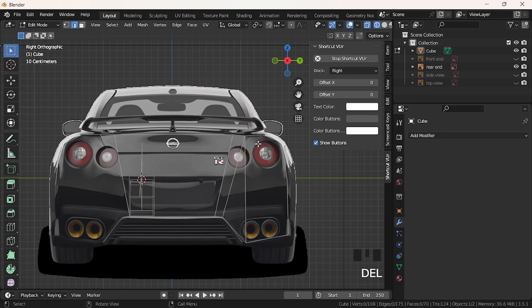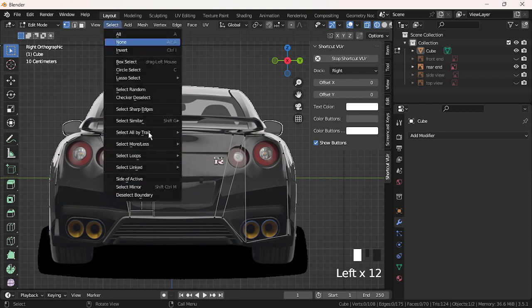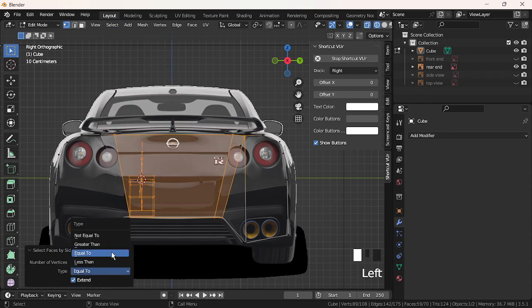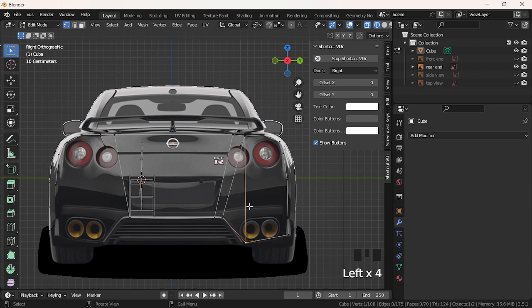Get rid of this edge too. But let's see. Go here, select all by trait, equal to, less than, and greater than. No, there are no greater thans. Great. But the problem